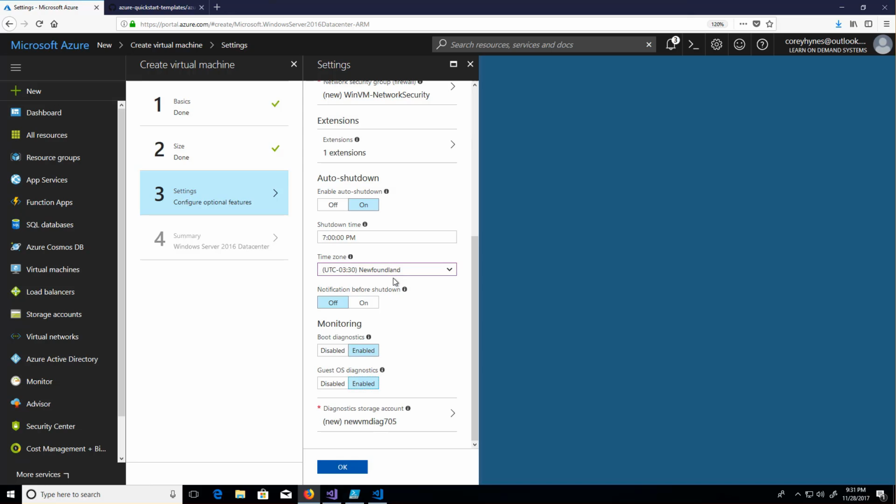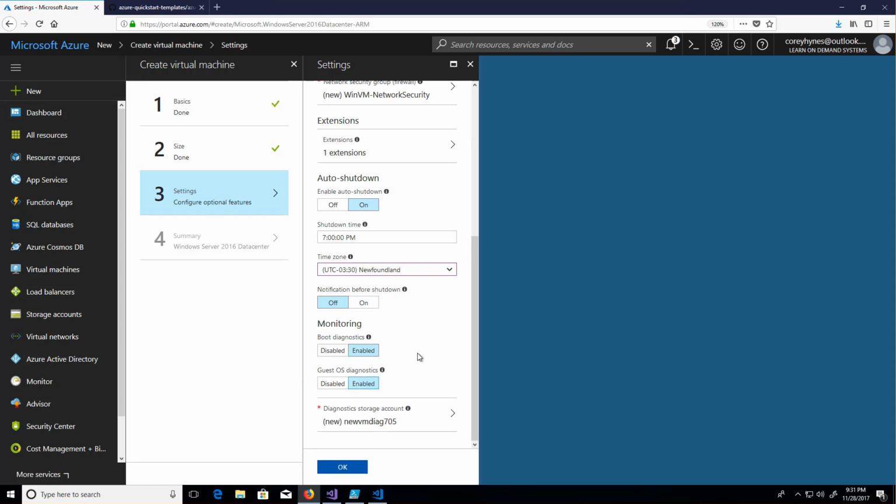I personally really like it. Any VM that I have that is not a service that's being provided for someone else, that's just one I use for admin, for automation, for development purposes, I forget to shut it down 90% of the time, so the auto shutdown just prevents that additional cost. It shuts it down at the end of the day.